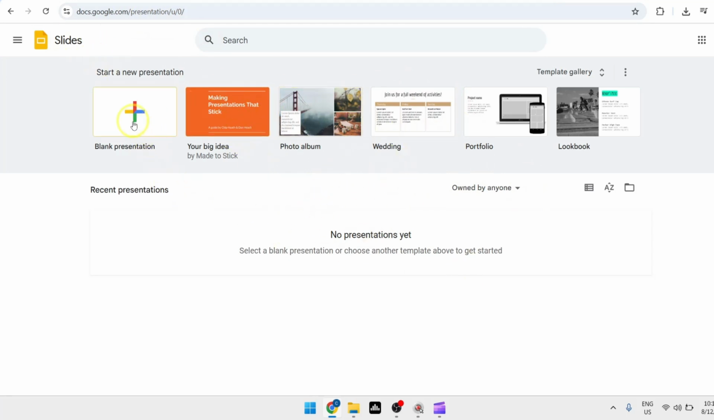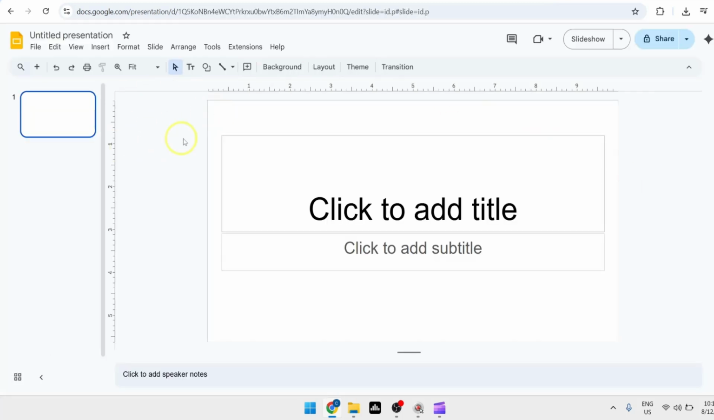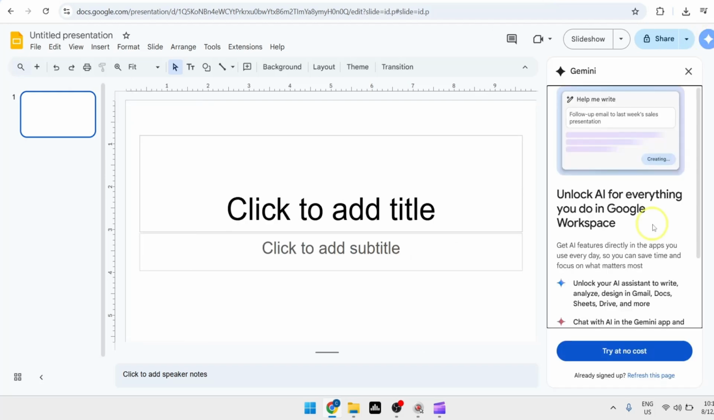And from here, we can start with a blank presentation. Also, make sure that you're logged in to your Google Slides account. And from here, just click on this icon, click on the Gemini icon, and we can start by clicking on